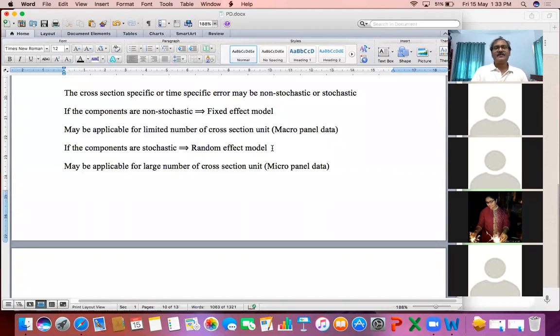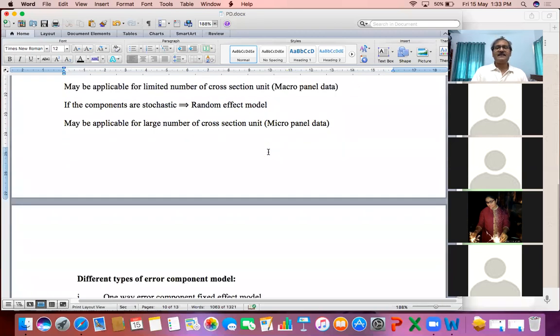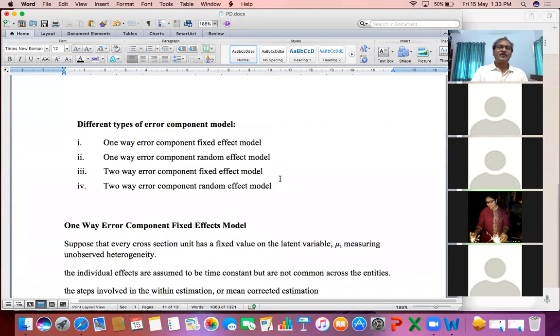For that reason, we are not going through those parts. But if you are interested, you can go through, because they are discussed in as lucid a manner as possible in chapter 16. So in chapter 16, you can find out the different testings of hypothesis in finding out the appropriate model. Whatever may be, in a purely panel data model or in an error component model, there are possibilities